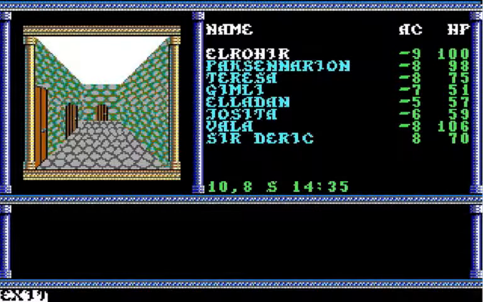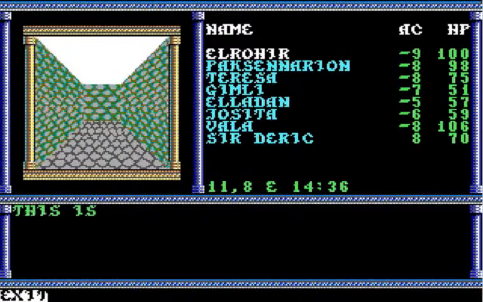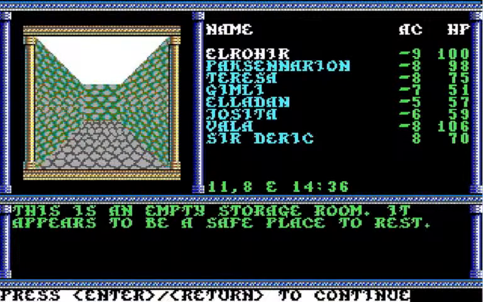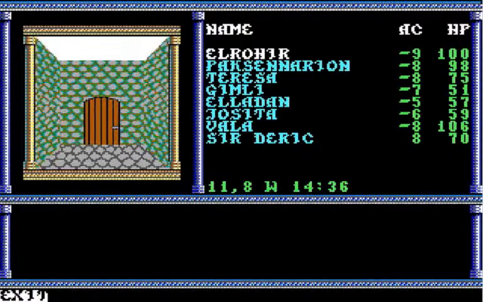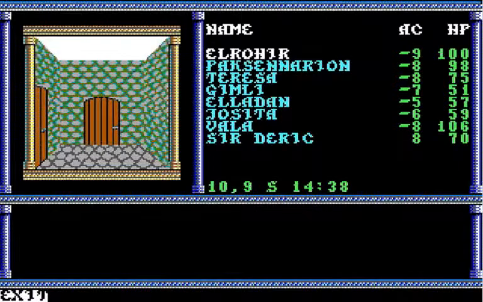The golem ceases movement, allowing you by. So let's go south. And these first two doors, yeah, empty storage room, safe place to rest. Not that we need to rest right this minute, but it's nice to know it's there. Same deal with this next room to our left. And to our south,